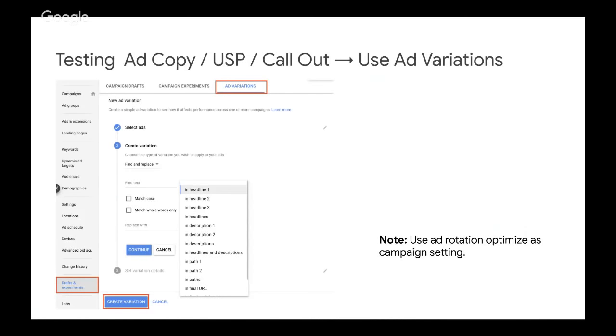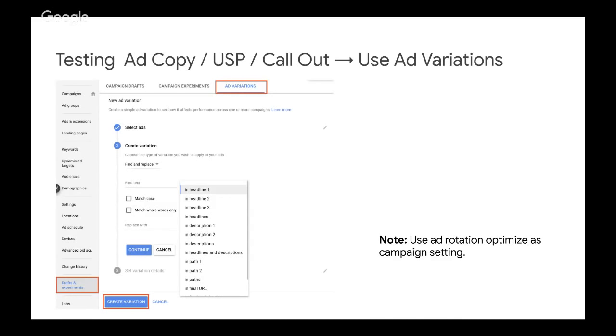Just a little bit on ad copy testing. A lot of people think, oh, I need to use Rotate indefinitely for my ad copy testing. But the best way to do it now is quite a relatively new feature in the new AdWords interface that maybe not everybody has seen so far. Is ad variations. You can select a specific ad, make a variation of that ad based on the headline or